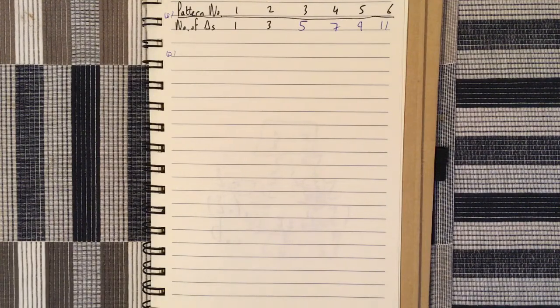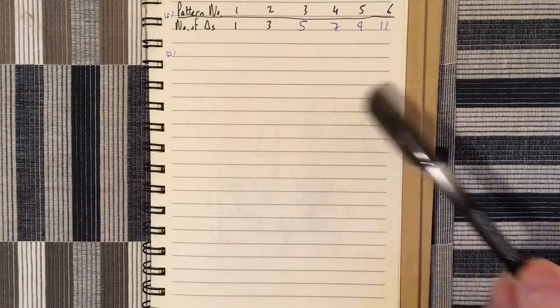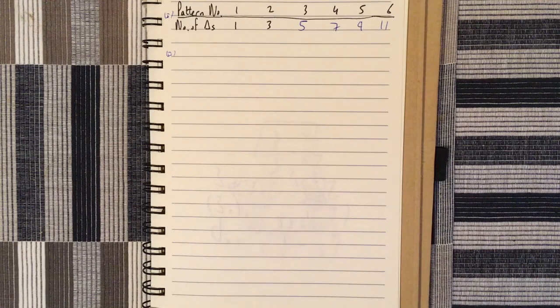Okay, so I just want to go through question 9D part 2 from the 2020 ordinary level paper 1. All right, so in part 1 we're asked to complete this table. So we've got a pattern in the question with a number of triangles in each stage building up, and we just complete this table in line with what we have there, and then just continuing on the pattern. In part 2 then, I'm told that the area of each triangle is